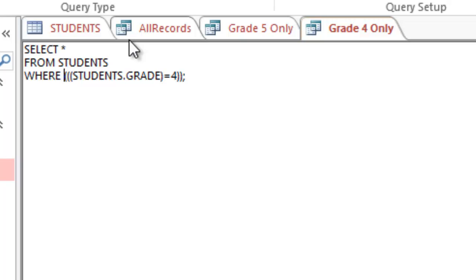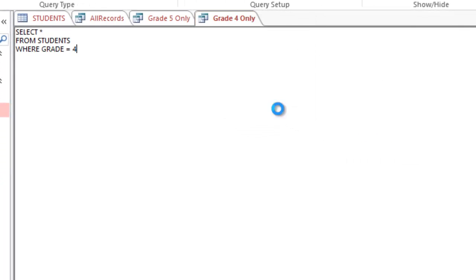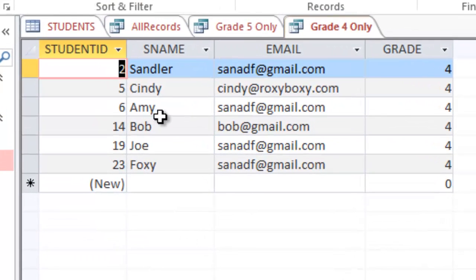And also the where clause I can simplify a bit. I can take out the students dot and all these parentheses, and I can just rewrite it and say grade equals 4. Alright, so essentially if you wanted to get grade 4 out of our students table, all you got to do is say select star from students where grade equals 4, and I'll run it again by going towards the datasheet view. You'll notice that my data is not really in any particular sequence,